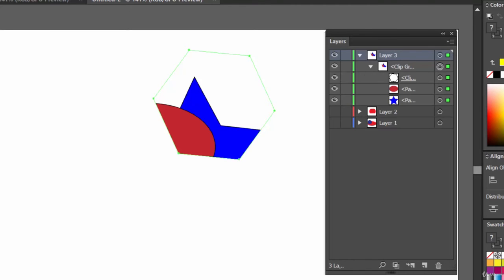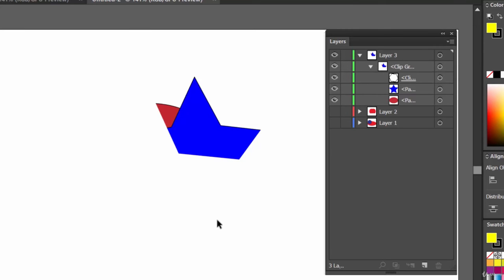Now you can ask why this ellipse is showing at top, because take a look at the layers panel, it's at the top. You can even drag it and see now the star is at the top. So that's kind of cool, right? So what we have learned inside this clipping mask lecture, you can create complex shapes using clipping mask. But how?